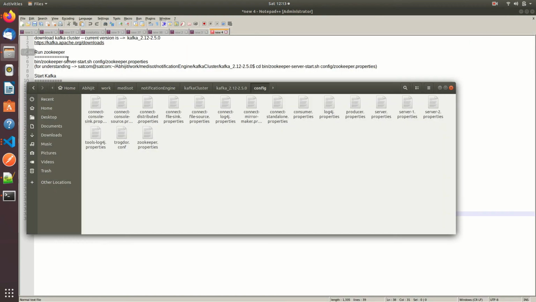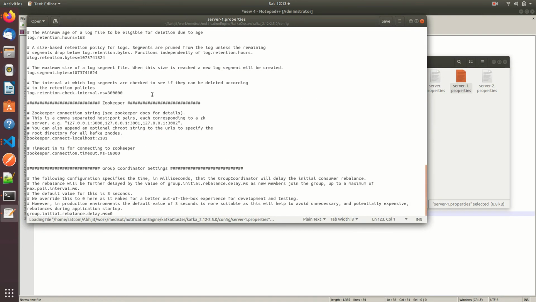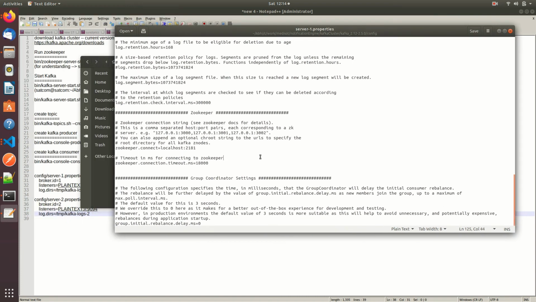Now guys, copy these two files. Server properties 1, server properties 2. Copy from server properties and rename them as server properties 1 and server properties 2. Now here we will make a basic change. Suppose in server properties 1 you will get this type of change. What we have done first is a single node creation. Now we will create 2 nodes, we will do it on 2 nodes.